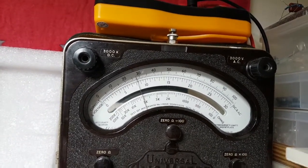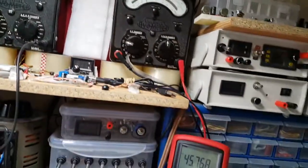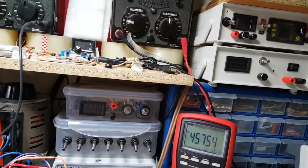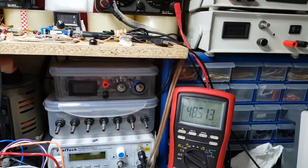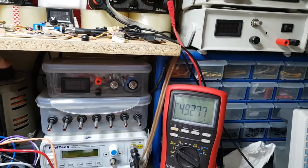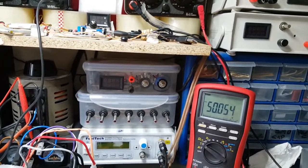You see it's just gently climbing. Just like that, it's just gently climbing over 25. That's okay. We're on 45 volts, so I'm just going to turn that up a bit more. Let's just put it on 50 volts for now. Yeah, 50 volts. And I am very happy to see that